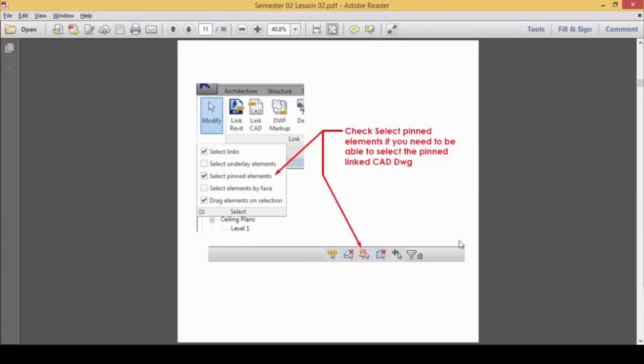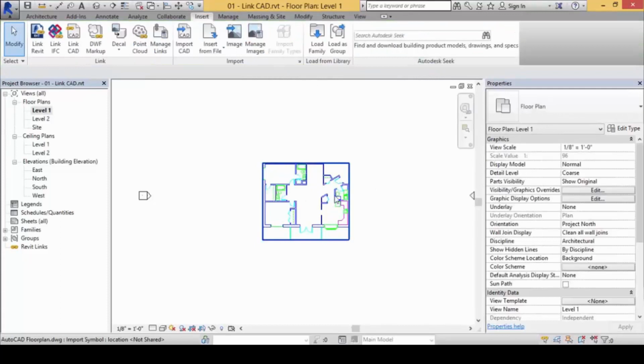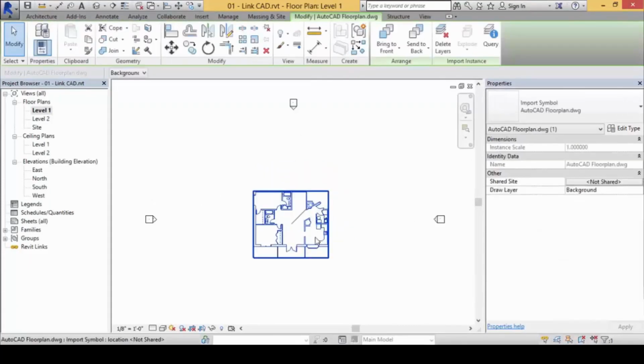Now again, if you need to be able to select them when they are pinned down, you might want them selectable, but you want to secure them to a certain location, right? After you get the feng shui correct already, that's the spot you want it to be, my recommendation again, use the modify option here and use the pin option and pin it down.